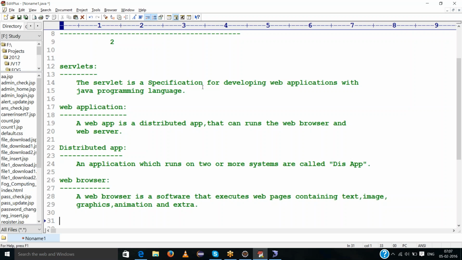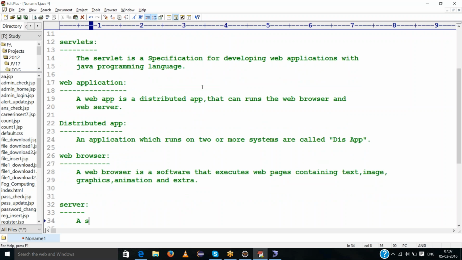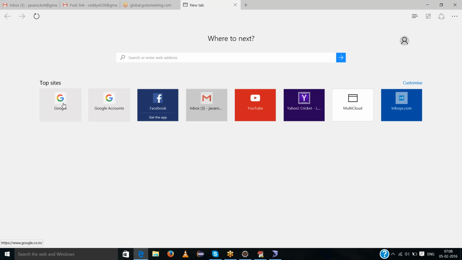And what is a server? A server is software that receives the request from the client, processes the request, constructs and provides the response to the client. For example, I open Google Chrome,